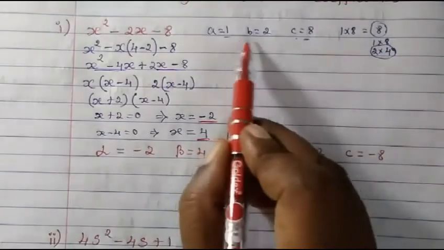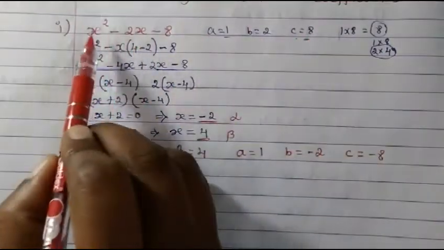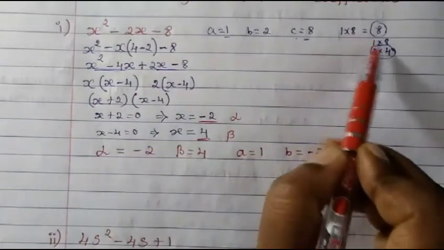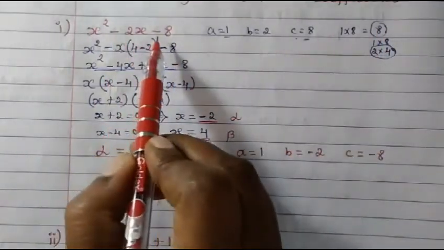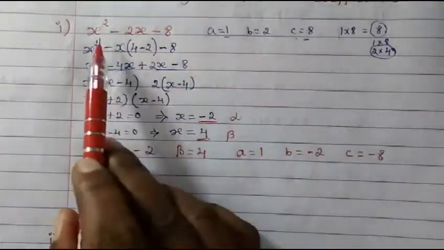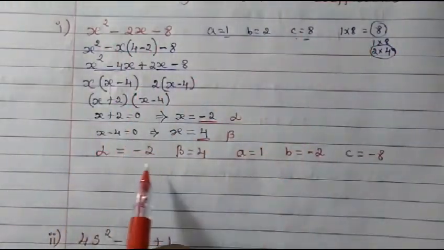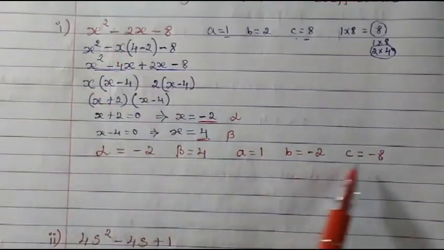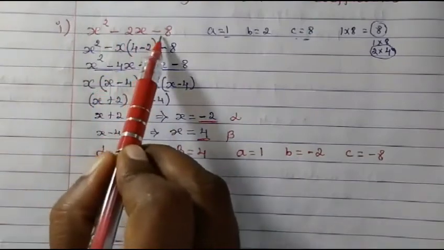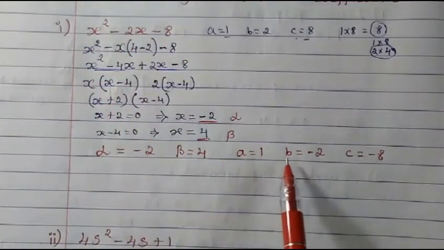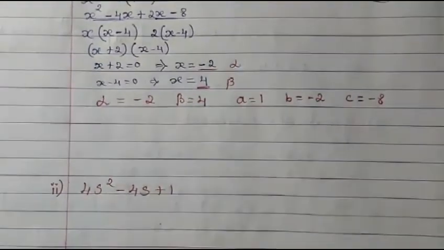You will be seeing why here I put plus, because this is to find the factorization. The first term and the last term we have to multiply, so we have nothing to do with the sign. We only want the pair of numbers, that's why I did not put the sign here. Here in this part we don't need the sign, but here we need the sign properly. We have to write all the a, b and c values, whatever is the coefficient of x square, x and the constant term, properly.